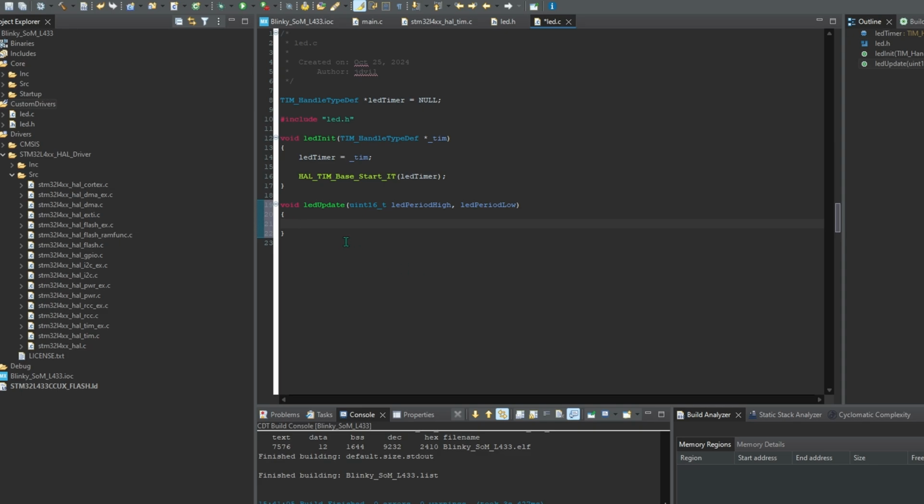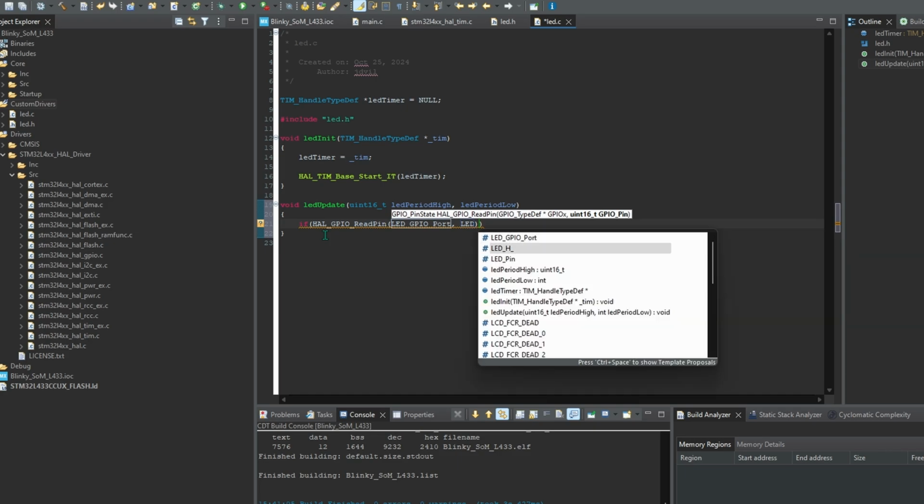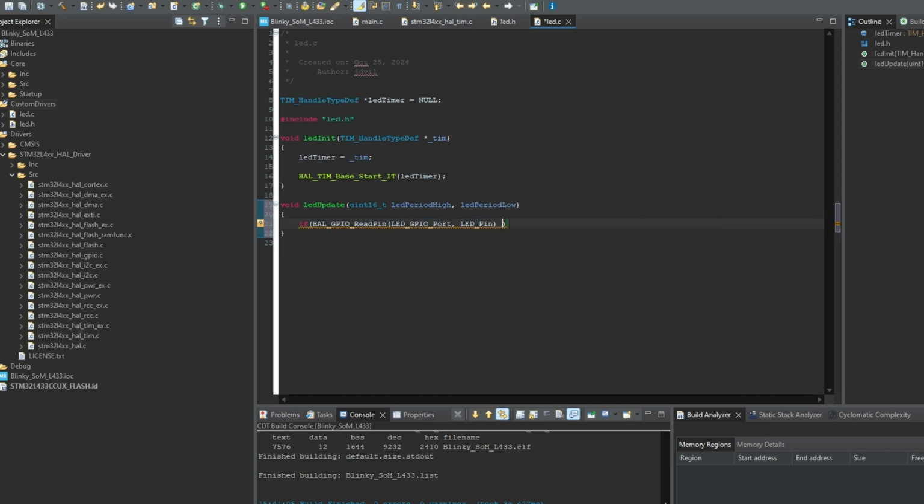All right, so now we want to update the LED according to the state of the LED. So we want to read the current state of the LED. For that, we are going to use the GPIO read function. So if the current state is on,